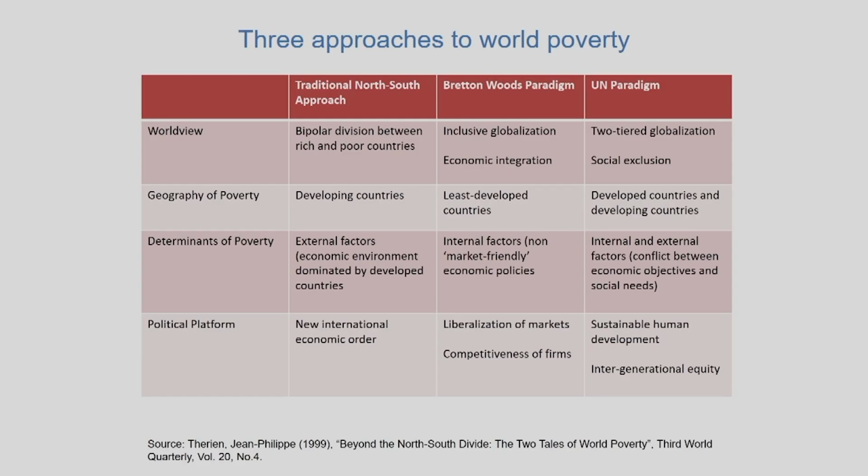The Bretton Woods paradigm says that the world view is that there must be inclusive globalization. It calls for increased economic integration of the global rich and the global poor. It talks about the economic integration of north and south based upon the premise that there are certain structural characteristics of the developing countries, such as low wage rates, which can be taken advantage of by the developed countries. So the world view provided by the Bretton Woods paradigm is that because there are certain structural characteristics of the developing countries that can be taken advantage of by the global north, there is a possibility that it can lead to more economic integration and inclusive globalization.